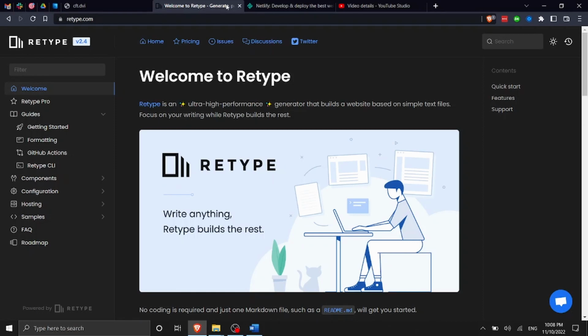So we're going to use the Microsoft Word document as an input. We're going to convert it to Markdown using Pandoc, and then we're going to convert that Markdown file into a static website like this one that you can host for free on Netlify or on GitHub Pages, which I think is great. You're going to see that it's super simple to convert that Word document into a website like this one in almost no time.